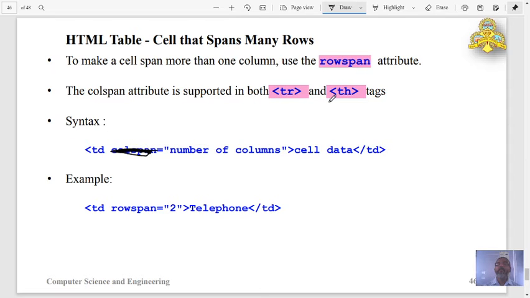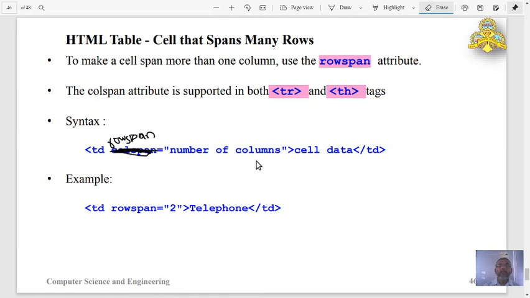It must be rowspan. Okay, now it is correct.